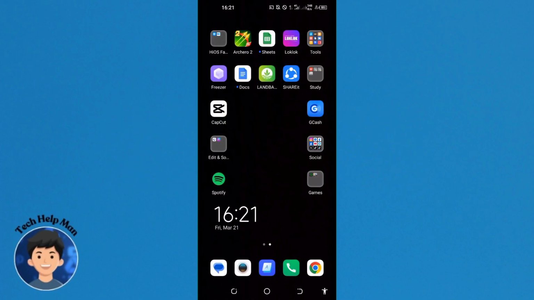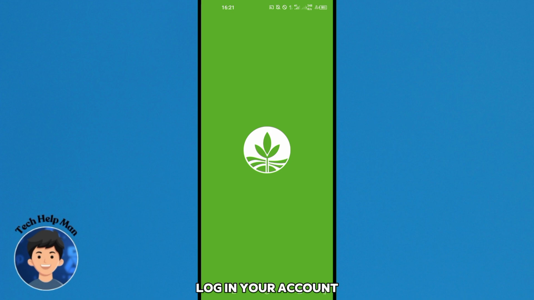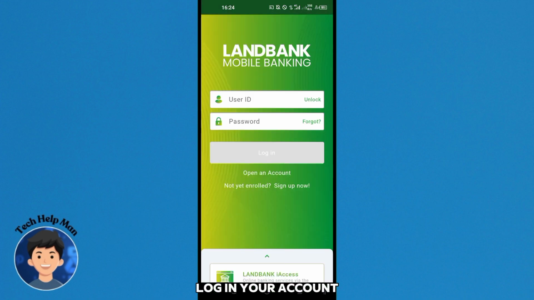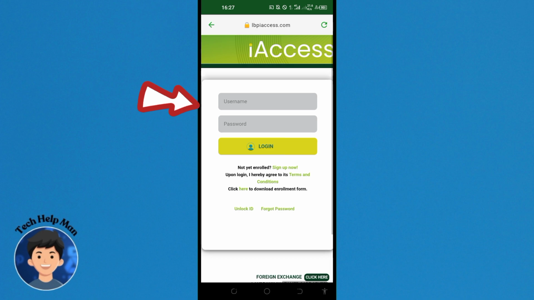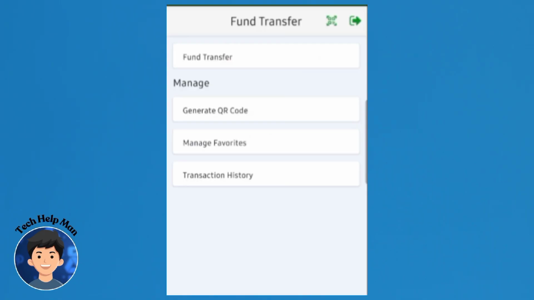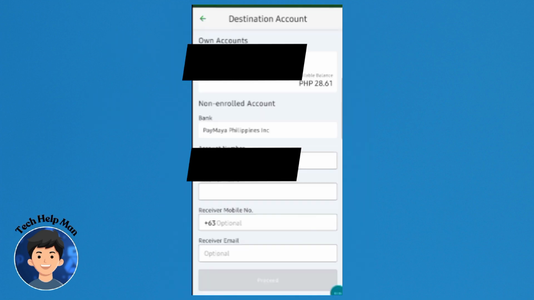In this video, let me show you how to transfer money from Landbank to PayMaya. First is log into your Landbank account, go to the site, and then enter your username and password, then click Login. After that, click Fund Transfer, then choose Transfer to other banks via InstaPay, after which, enter the correct wire